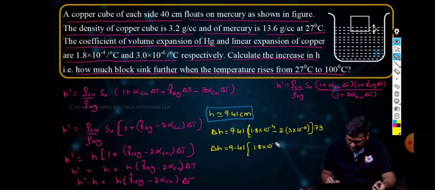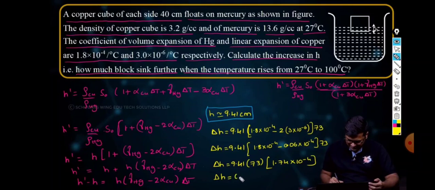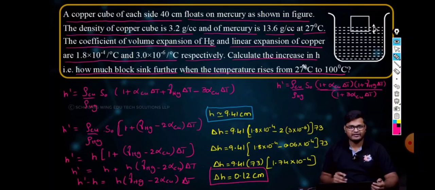So delta H will be 9.41 into 1.8 into 10 power minus 4 minus 6 into 10 power minus 6, I'll write it as 0.06 into 10 power minus 4, into 73. So delta H is 9.41 into 73 into 1.8 minus 0.06, which is 1.74 into 10 power minus 4. When I simplify this, I get this value as approximately 0.12 centimeter. So as the temperature is increased, the increase in H value will be